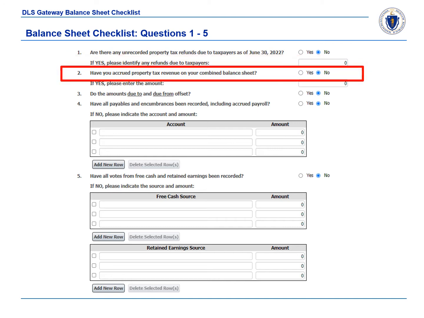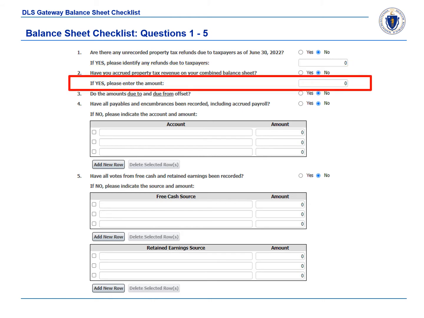Question 2 is a yes or no answer, asking if the community has accrued property tax revenue on the combined balance sheet. This question refers to the 60-day accrual. If you answer no, move on to the next question. A yes answer means that the 60-day accrual entry for property taxes was made, and you are required to enter the amount of accrued property tax revenues. This question is specifically looking for general fund property tax accruals and not any old accruals that may be on your books. Remember, if you answer yes to questions 1 or 2, you must insert a figure to submit the